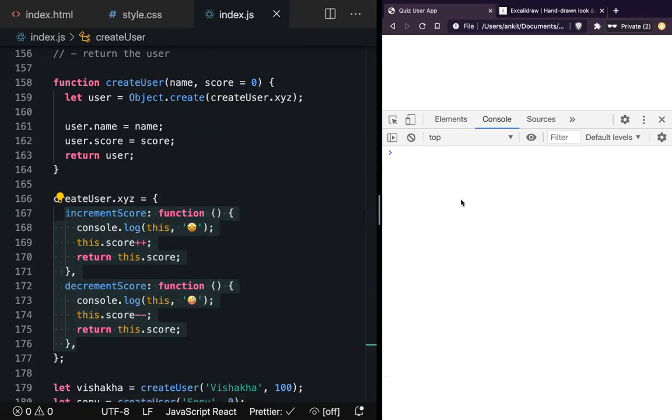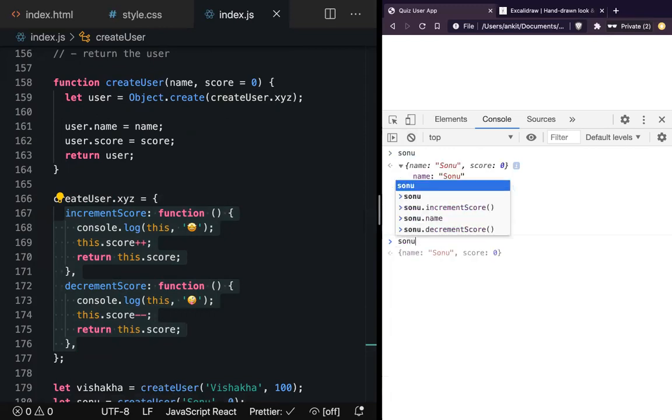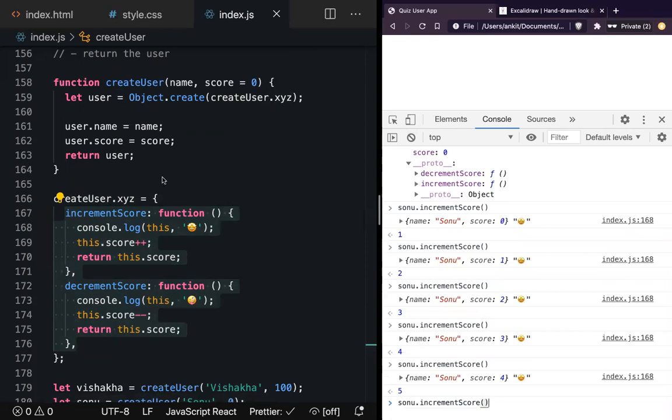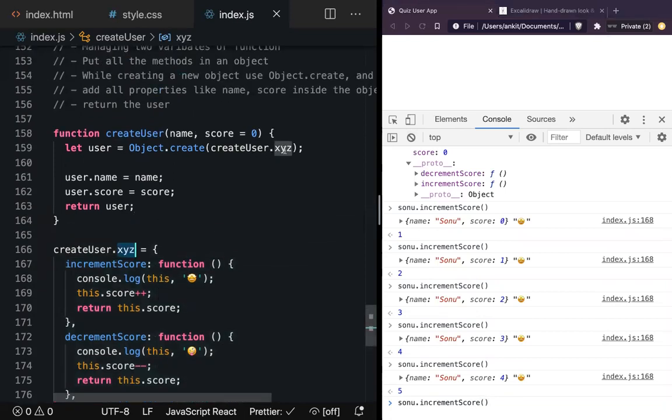So let's just try to understand. Refresh it. Look at Sonu. Now we can find name is Sonu. Score is this. Dunder Proto, we can find it here. If we say Sonu dot increment score, it is working properly. No problem. Even if we are doing it XYZ. Okay. All good. Yes, Gaya. So now it is clear actually, right? Visakha, it's not like you're just saying yes. No way. I got it.